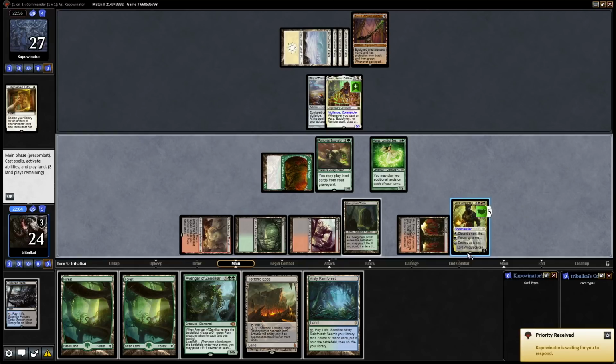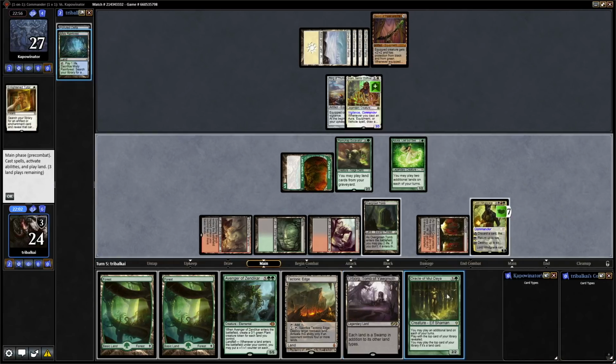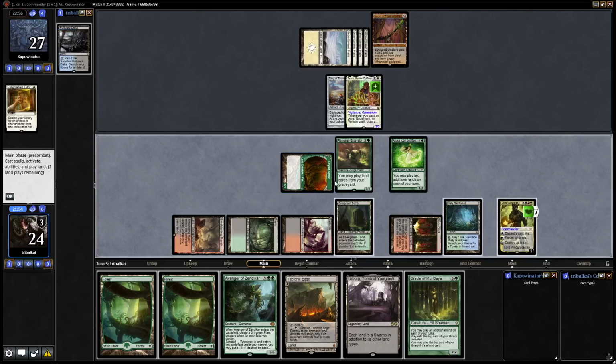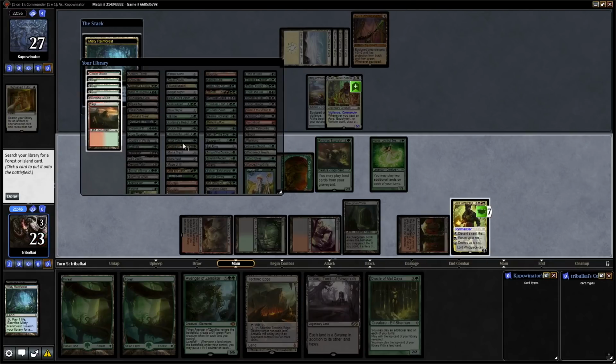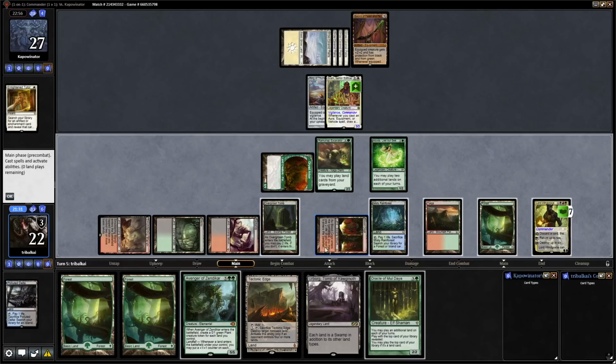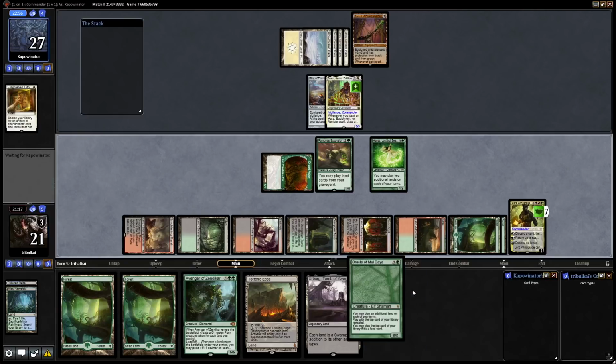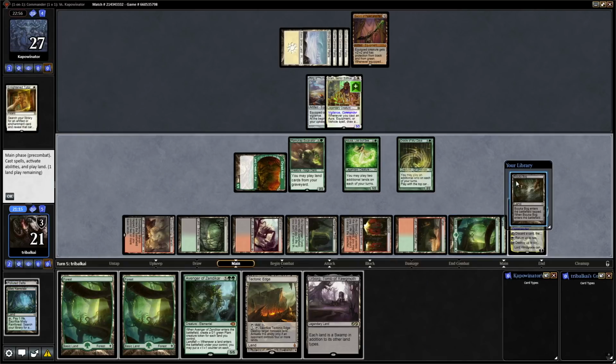And we will discard our Misty Rainforest because we can play that from the graveyard. Oracle of Mul Daya. I don't think we've made a land drop yet, have we? So let's go Misty Rainforest. And we'll do that again. And then once more. And then we've run out of land drops, but we can get another land down thanks to Oracle of Mul Daya. And a Bojuka Bog